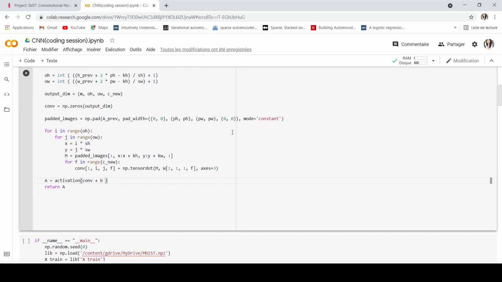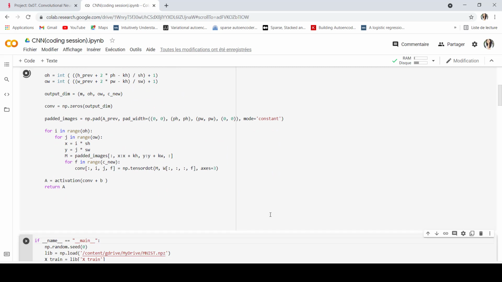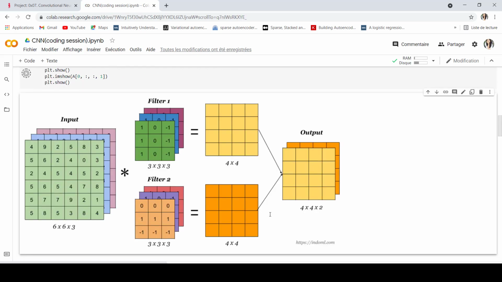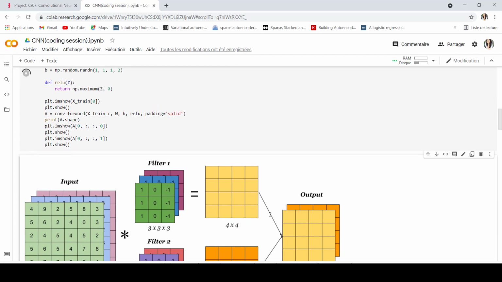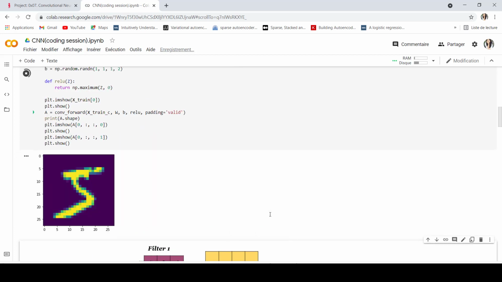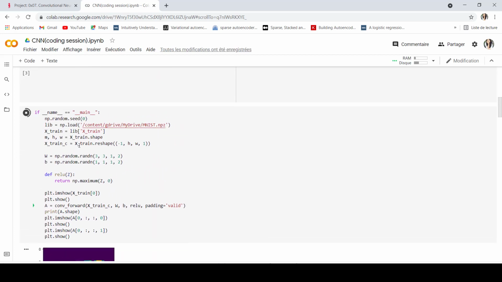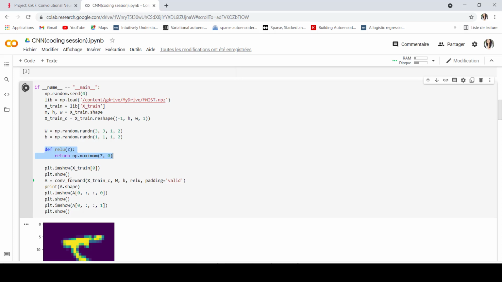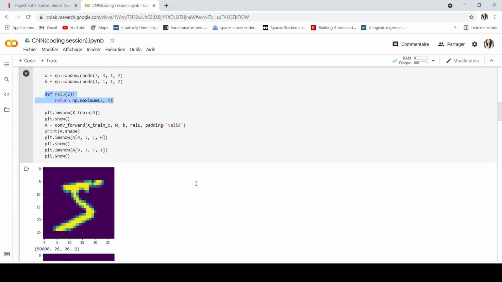Okay, let's try this. Here we create the filter, the B as the bias, and then my activation function will be the ReLU activation function, and then I did the convolution forward propagation with padding equals valid.